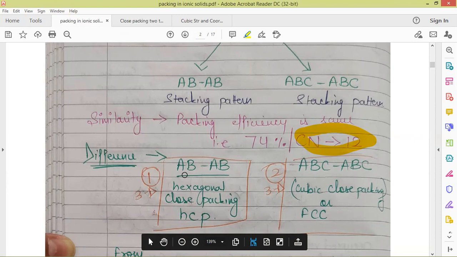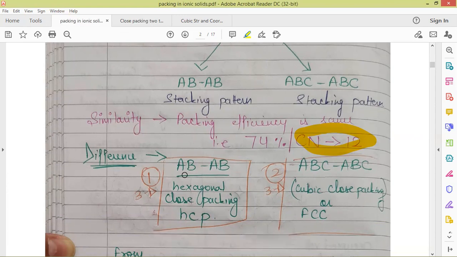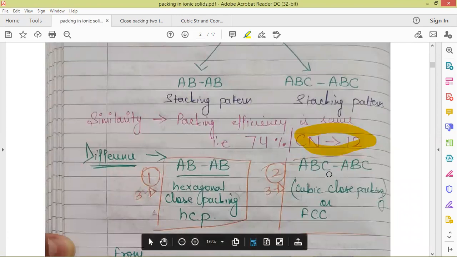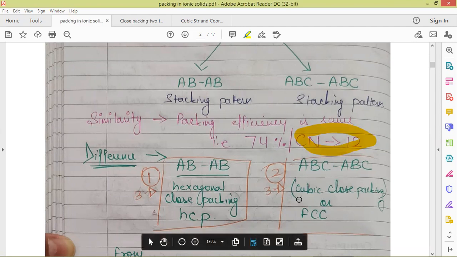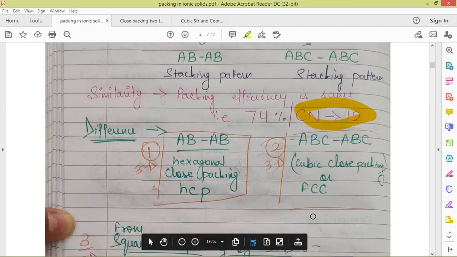AB type is called the hexagonal closed packing system in three dimensions, and the second system is called the ABC stacking pattern in three dimensions. The ABC stacking pattern is also similar to the face-centered cubic structure. We will be discussing this also in a while.